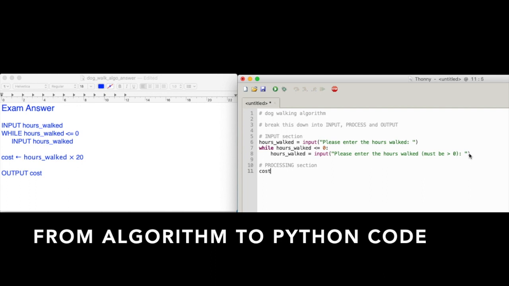The cost is going to become the hours walked star, because that's the equivalent of times in Python, in 20. And finally, what I need to do is my output section. And I can make it a bit prettier here. So print cost will be